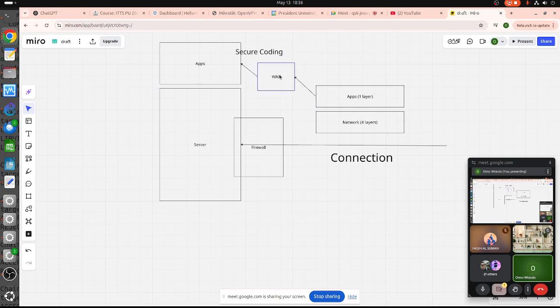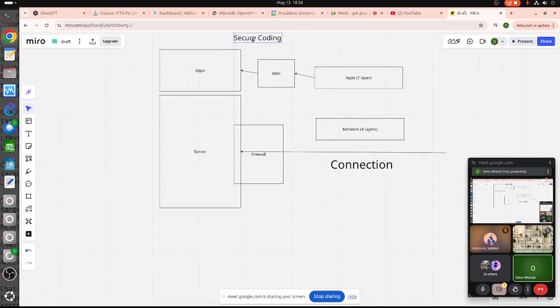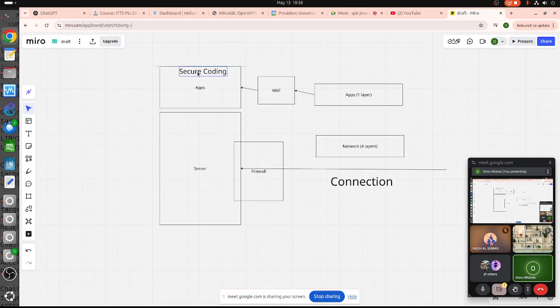So that's how it works. Or we can make it much better like this. Okay, so we need secure coding within the application. But if everything fails, if the developer is not good enough, we can put a web application firewall in front of this thing. Okay, there are several web application firewalls. One of the favorites for most network administrators